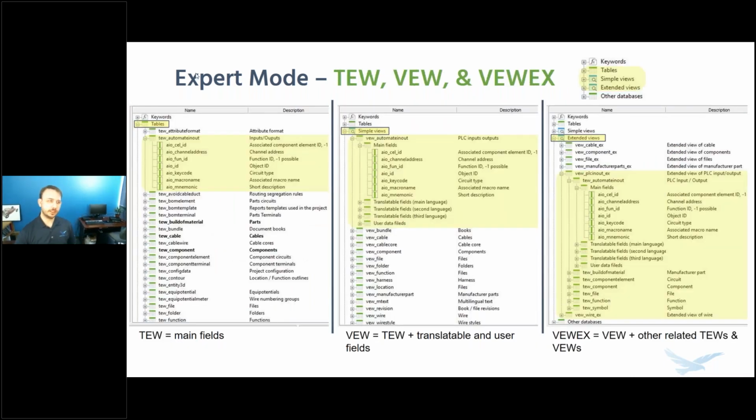So we've got, in 2019 and 2020, we've got tables, which we had before. We have simple views, which are an expansion of the tables. So it takes like everything that's related to my off-page designators, my origin and destination arrows, which is the automate in and out, right? Or the bundles, which is books, cables. Gives me kind of everything generally connected to those, which would be the user data fields and the translatable text fields for those objects get connected. And then we have what's called